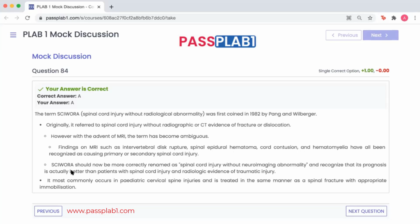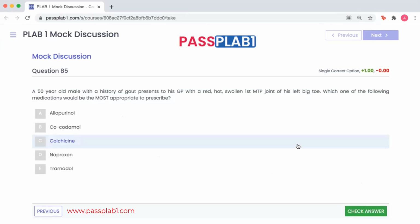And now it's more correctly named as spinal cord injury without neuroimaging abnormality, and recognizes that its prognosis is better than patients with radiological evidence of traumatic injury. It occurs in pediatric cervical spine injuries, and it's treated the same way as you treat spinal fractures, with immobilization and then physiotherapy afterwards. Okay, next you had a 50-year-old male with a history of gout who came to his